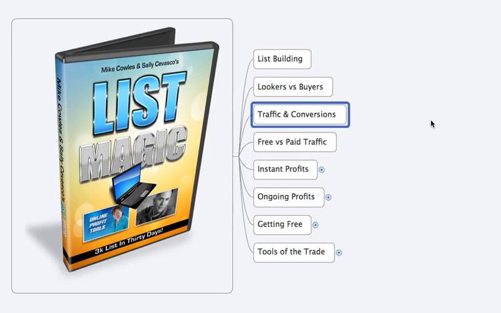So as far as traffic goes, there's free traffic and there's paid traffic. One of the things people tend to do when they first look at making money online or working from home is, for some reason, they all think that free traffic is going to be better than paid traffic. The thing to understand is that free traffic is the most expensive traffic because it takes your time.